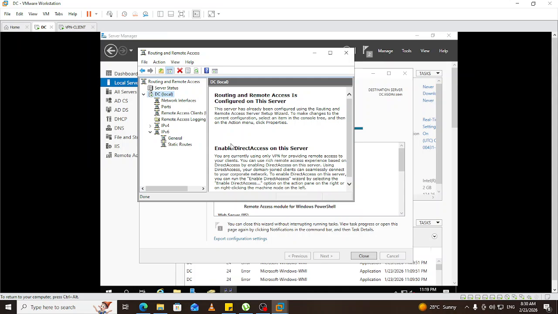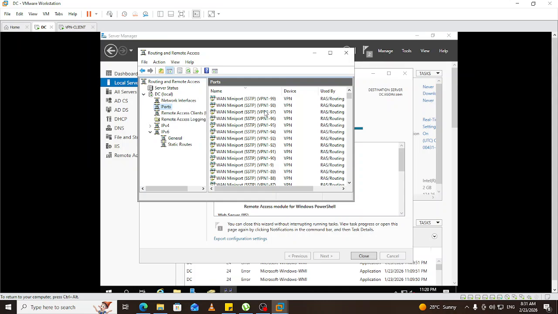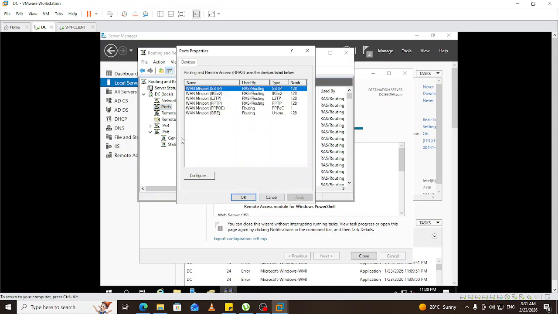Okay, so now the server has been expanded. So we just click on the ports. We right click on that and go to properties of the ports,